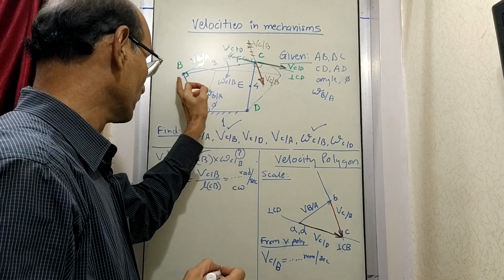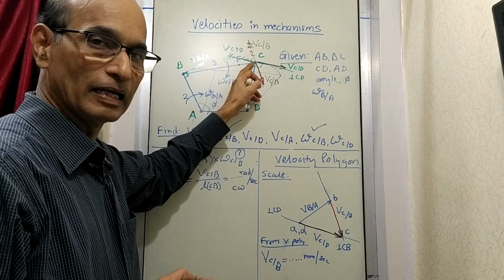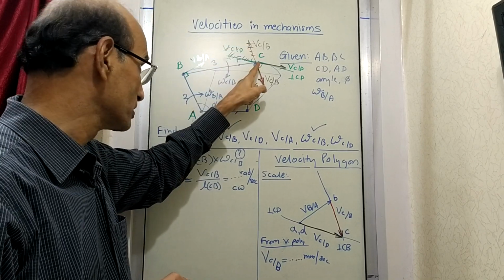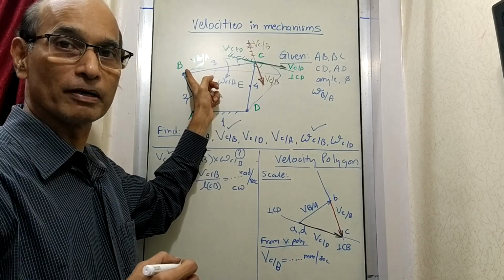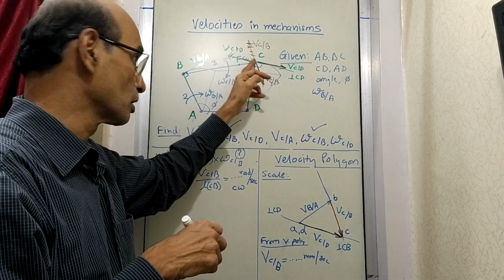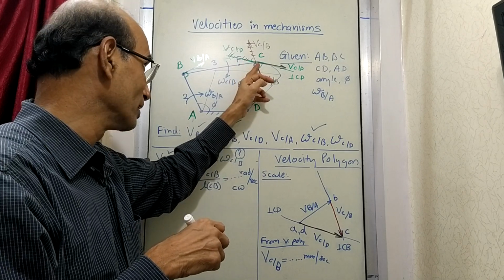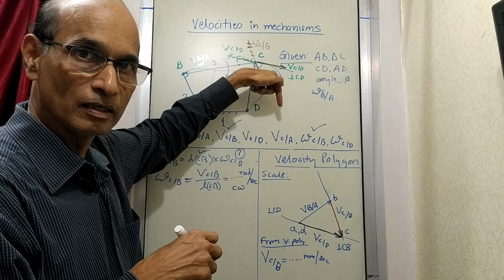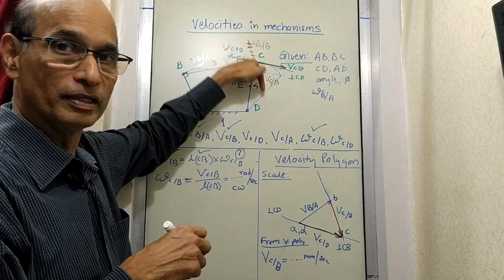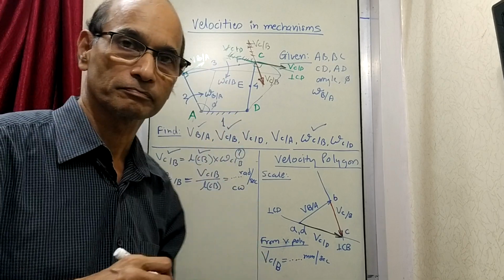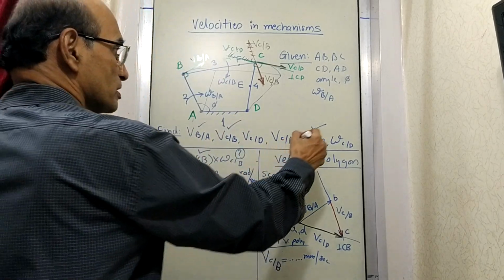How has it come? Because this is the link. One point on the link, that is point C, is moving in this direction. That is why this is called velocity of C with respect to B. With respect to means where you stand. So you are at this point, at B, observing point C. When you look at point C by standing here, you get a feeling that C is going in this direction. Now because C is seen to go in this direction, that means this link is rotating like this, which is clockwise. So now this is complete.